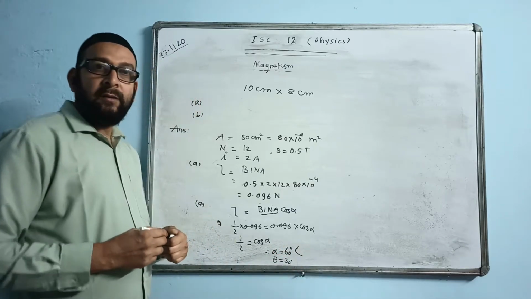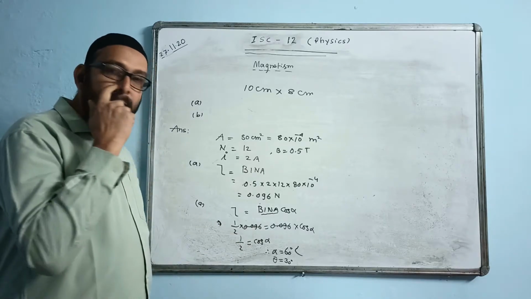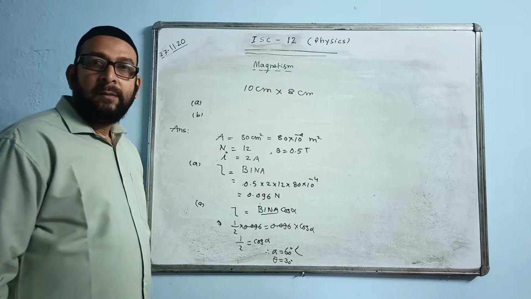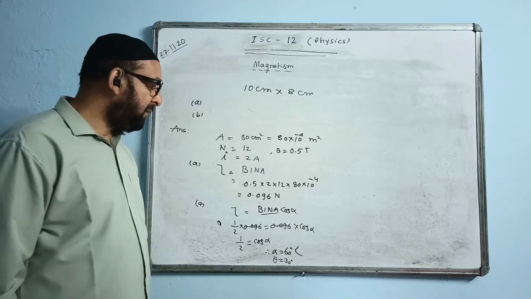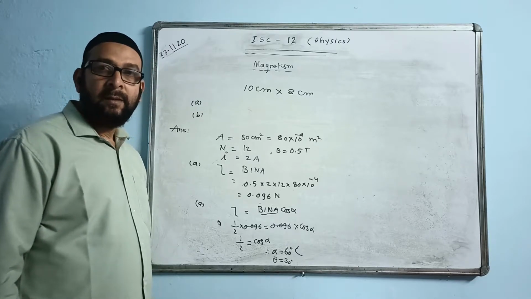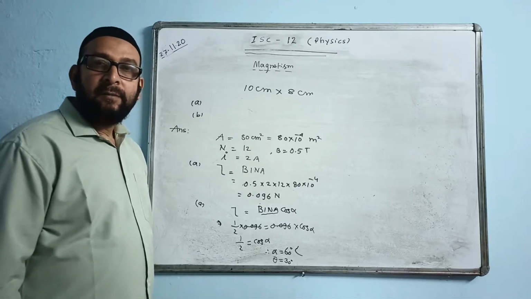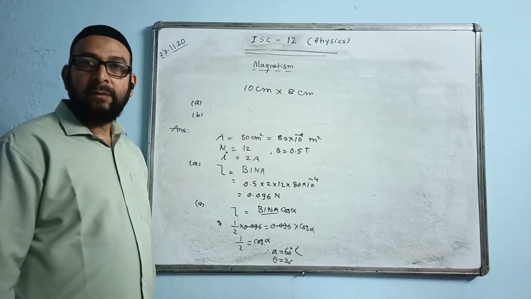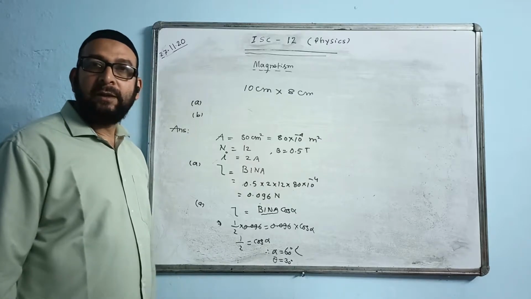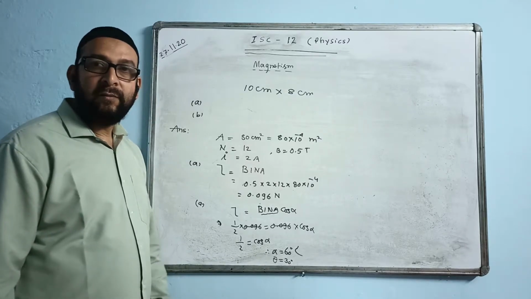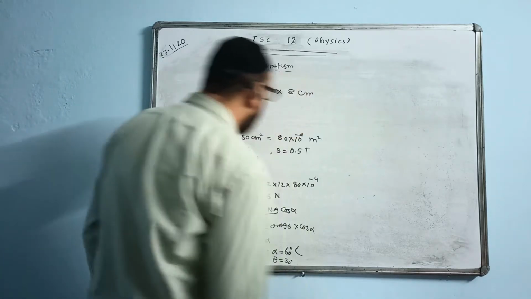When you are finding alpha 60 degree, you can write in a bracket, when the plane of the coil makes an angle 60 degree with the magnetic field. And when you are finding the angle with theta, then you have to write, when normal to the plane of the coil makes an angle of 30 degree with the magnetic field. So either of them is the right answer. So this problem is solved.